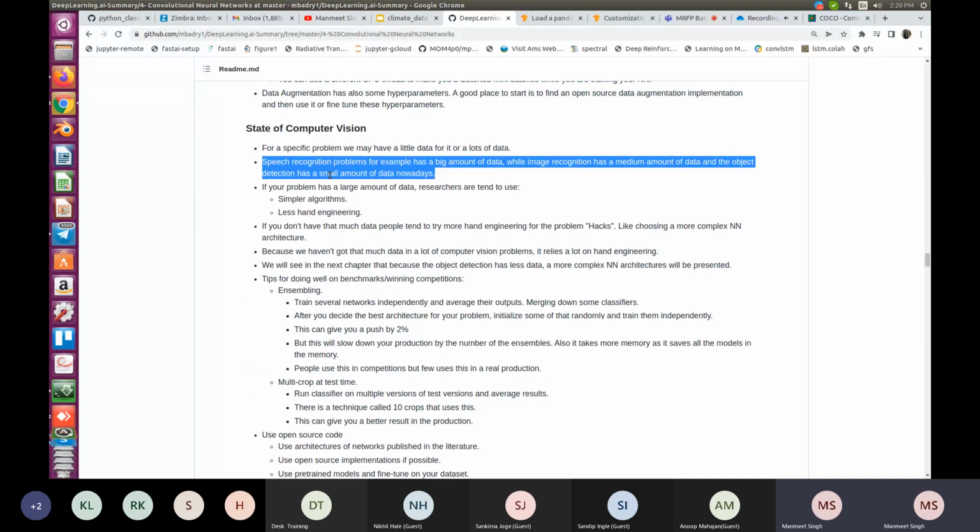So object detection, as we discussed, you have to tell exactly where in the image the